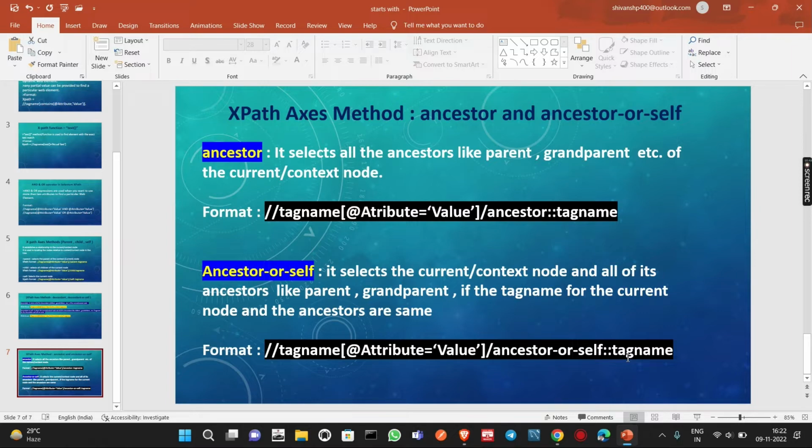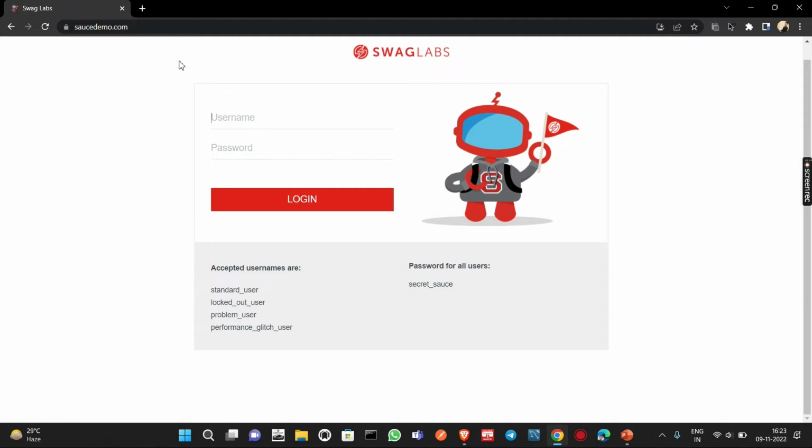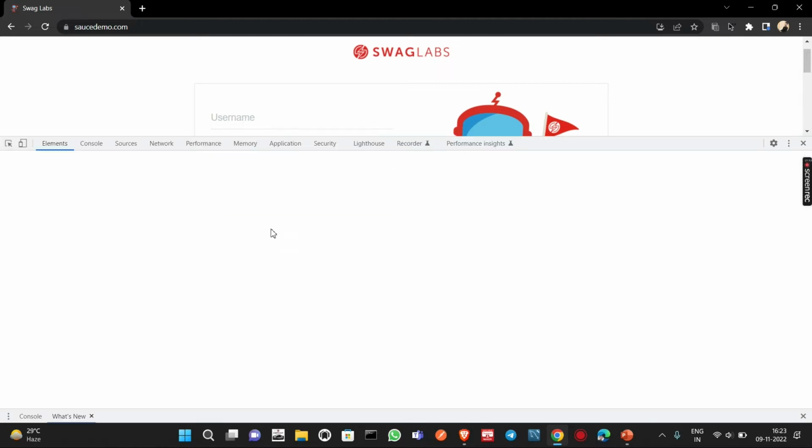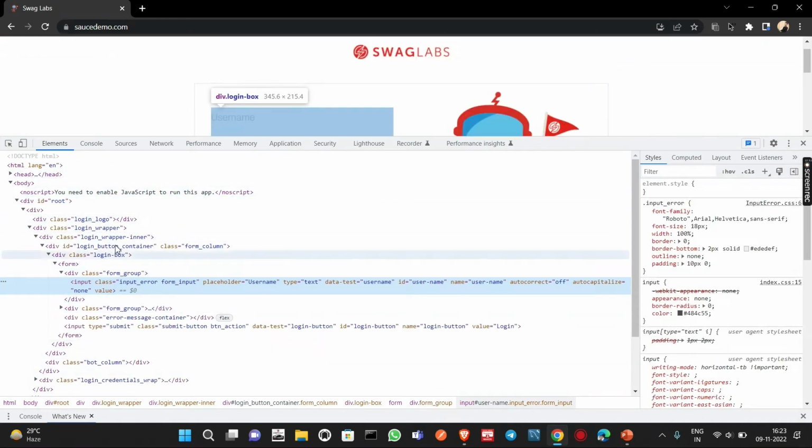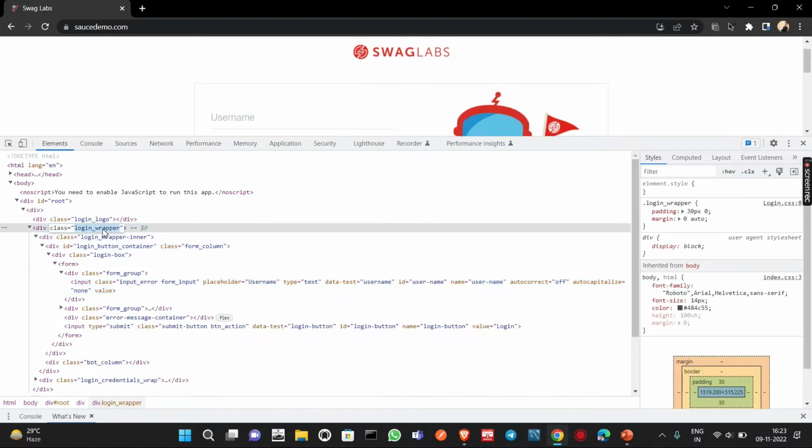So let us practically see, only then we can understand. Theoretical things are a little bit more difficult to understand. So let's move to the website. So I have opened the sourcedemo.com, a demo website. So let us inspect this particular page. So now let us select a particular div tag. So let us select this one,